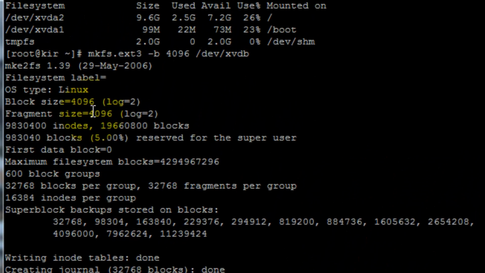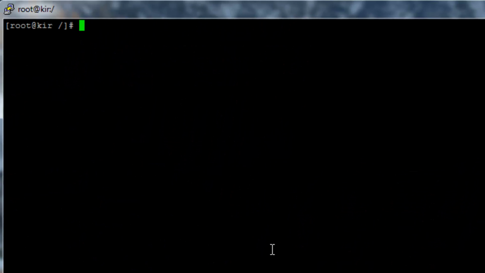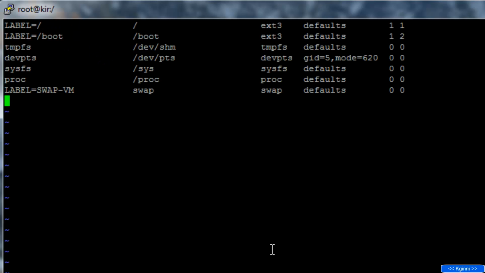That is our step 3. After creating the fdisk -l and creating the new partition, you need to update your /etc/fstab, wherein all the mount point information will be provided over there, and it will be a permanent one. After reboot, you'll be getting that information. So let us open /etc/fstab. You need to add this one at the end. The information is the mount point that we created just now, xvdb1,